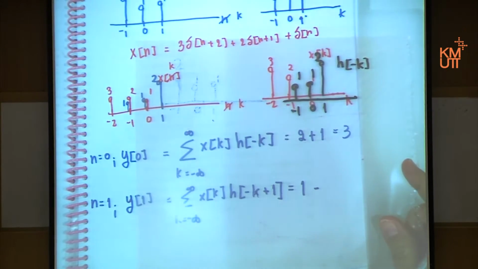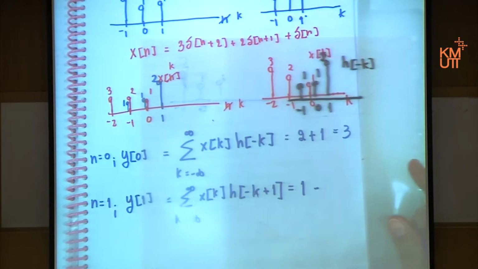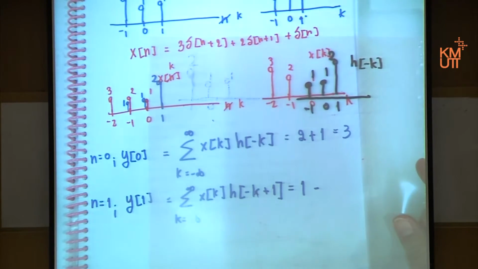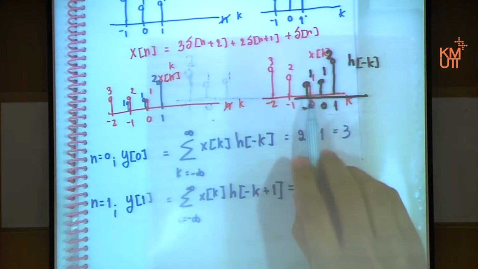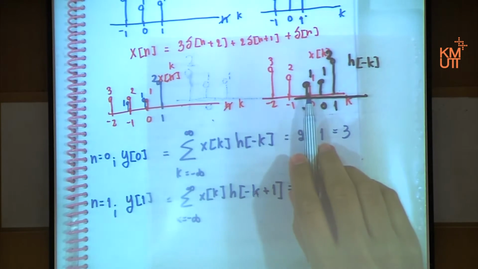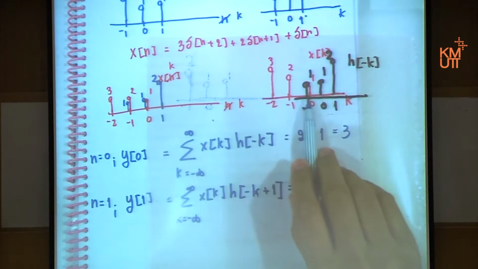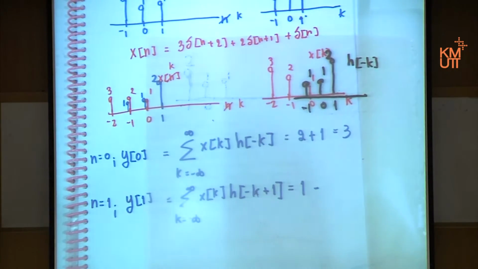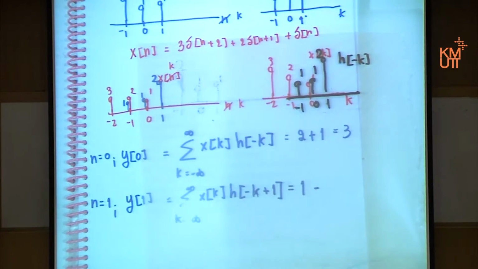If you shift the black one to the right by 1 unit you get this one. After shifting you multiply them together, so for this case the multiplication has only one value because you have only one pair in common, right? You have only one pair that occurs at the same position, ดำกับแดงอยู่ที่เดียวกัน มีแค่คู่นี้คู่เดียว, so you get only one นะคะ ได้ไหม